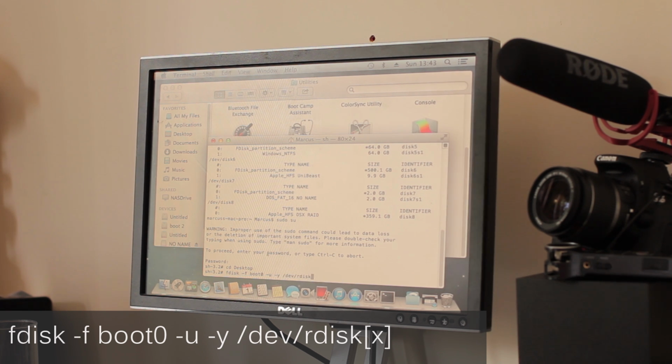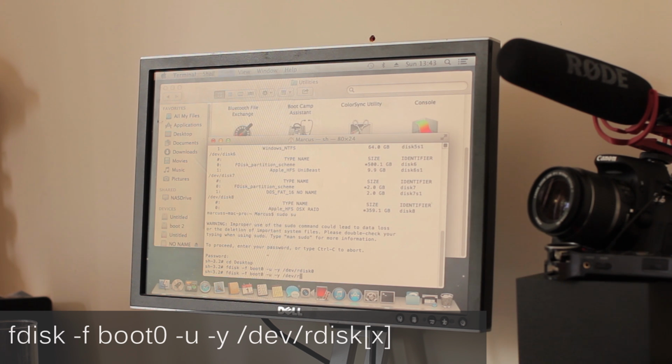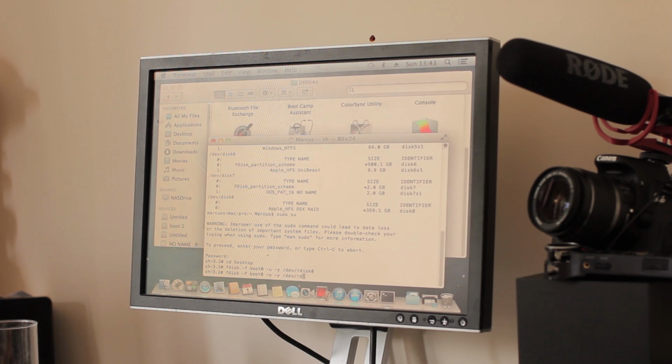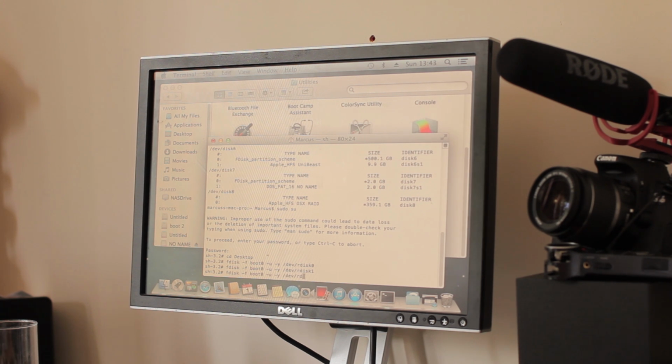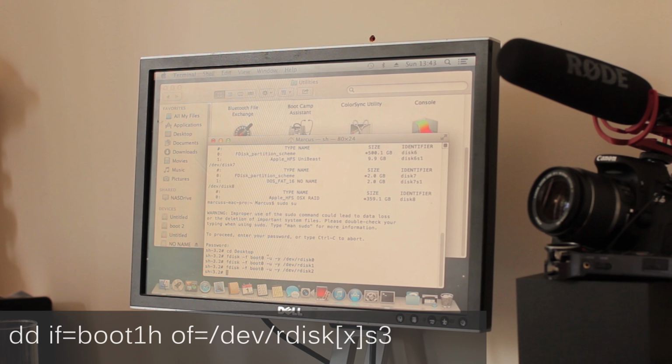And then rdisk0, enter, rdisk1, rdisk2, and then you need to go dd space if equals boot1h